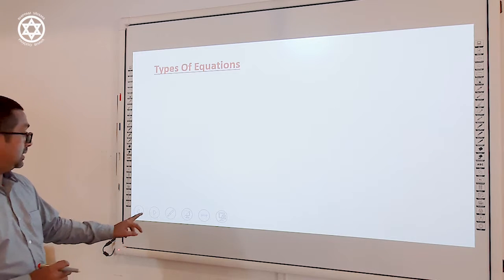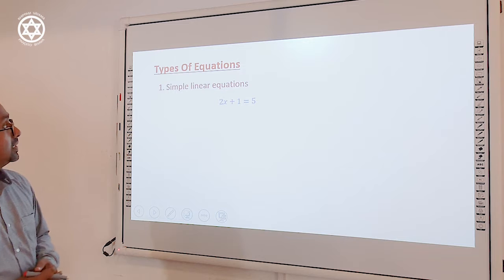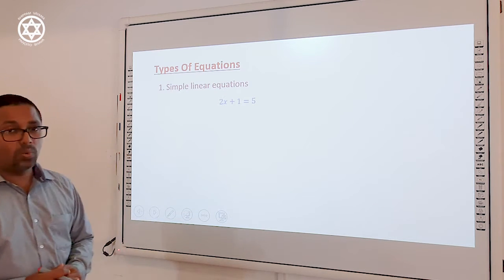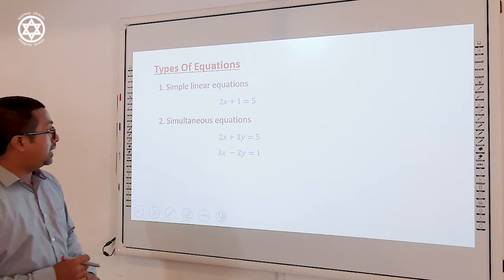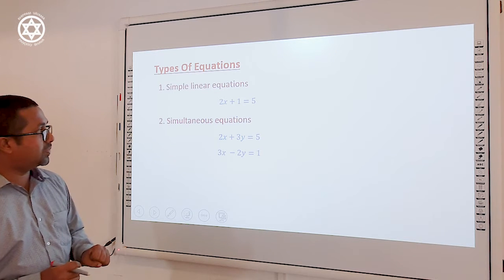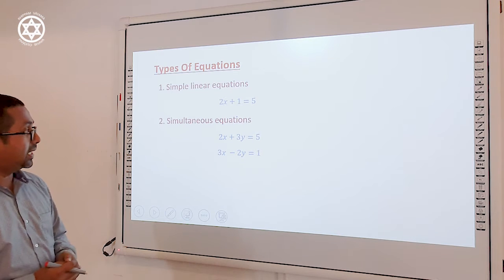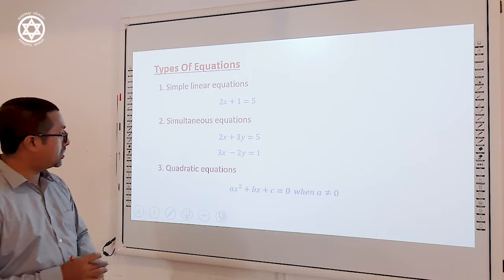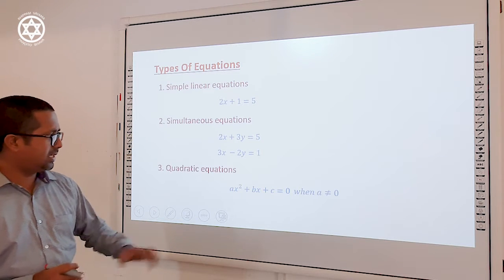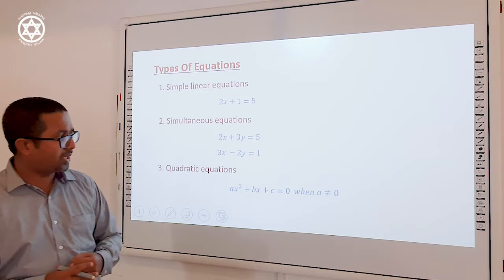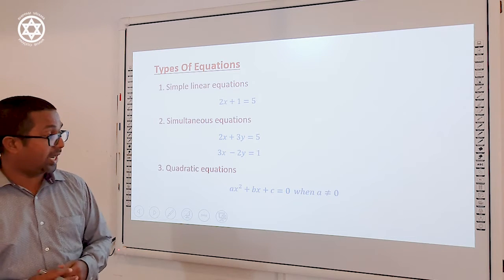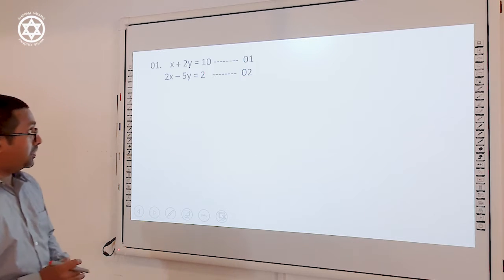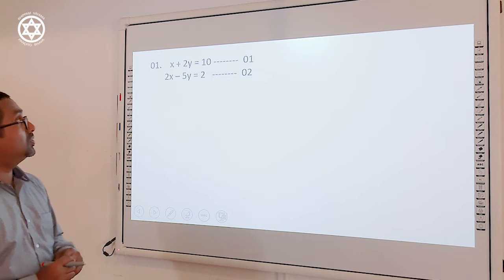In earlier grades, you already discussed simple linear equations, meaning equations having only one algebraic term. And you also discussed simultaneous equations when you were in grade 9 and 10, equations having two variables, and also quadratic equations like x squared plus bx plus c equals 0 when a is not equal to 0. Okay, right. So first, I would like to explain to you